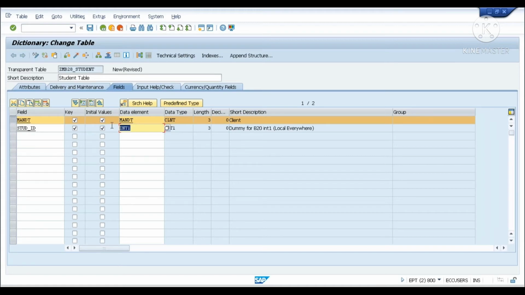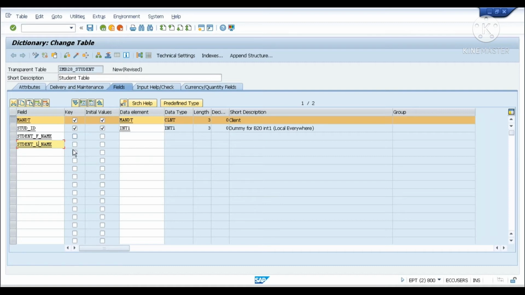This is a data element which shows what kind of data type and length you are going to use. You can see the data type is an integer data type and length is 3, right? We also have a student id, so let's make it simple as of now. Int1 we will keep it, and here the student name, student_name. I can give student first name, and then a student last name, so l name you can give over here, right?